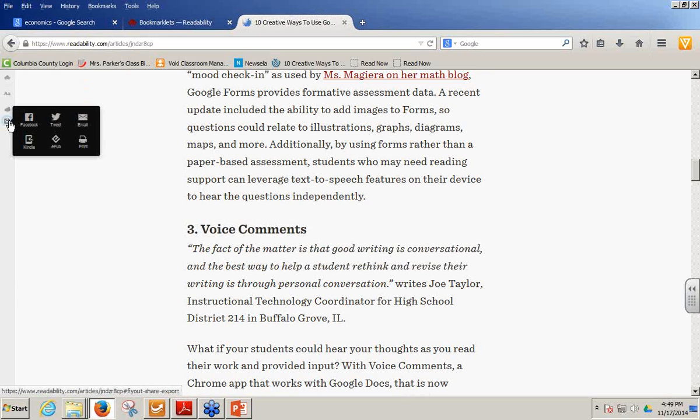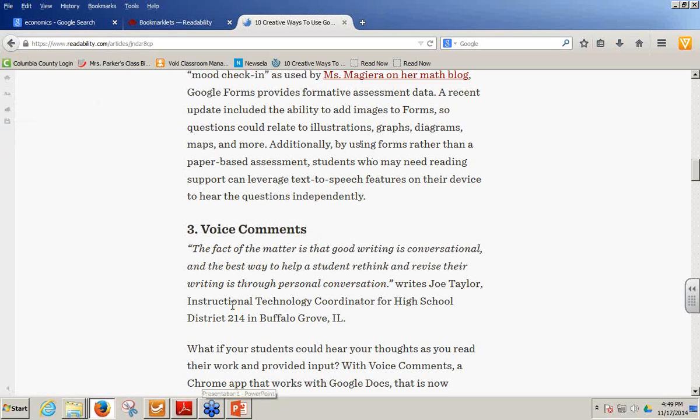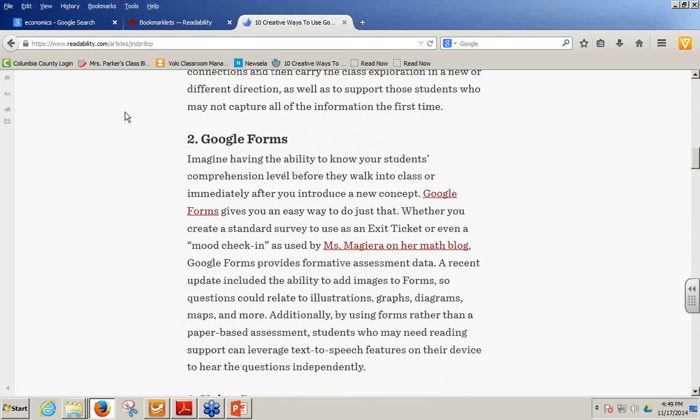I did try the print icon, and it really prints it with no extra stuff, no pictures, no advertisements, and if nothing else, for me it was great because it didn't print out 10 extra pages of extra stuff at the end of my documents. So for your students, or your administrators, if they want to know how you are differentiating right here,